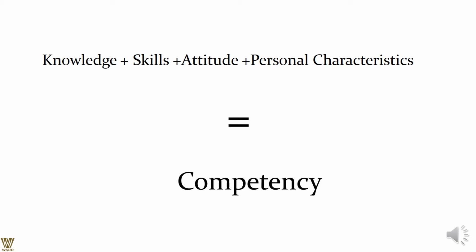So basically, as a formula, if you want to go around it, it is KSA plus personal characteristics. What is KSA? Knowledge, skills, and attitude, plus the personal aura which a person brings along with him or herself. So that is the persona of the incumbent we are talking about. This all together, the potpourri of knowledge, skills, attitude, and the characteristics of the person brings about competencies, as we have been telling you.